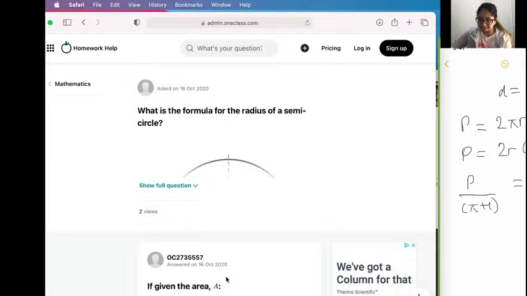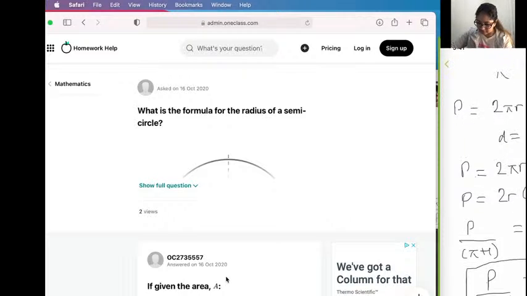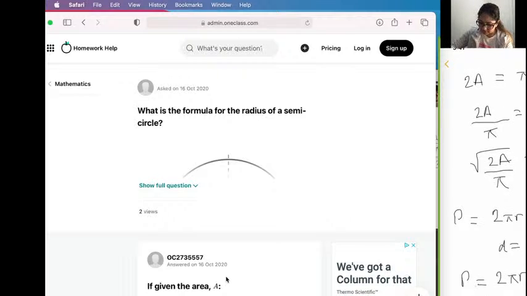And so to isolate r now, we're going to move the 2 to the other side as well. So p over 2 times pi plus 1 is equal to r. So this is what we get as our final answer, and the other one, which is here,